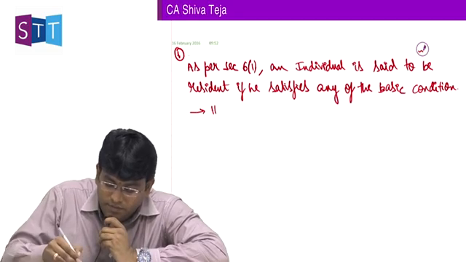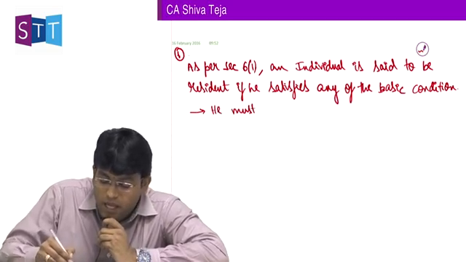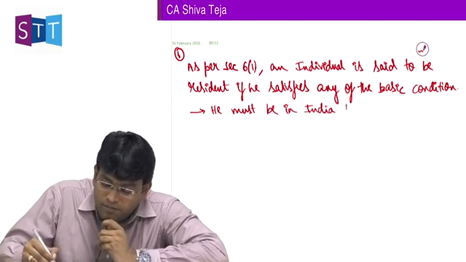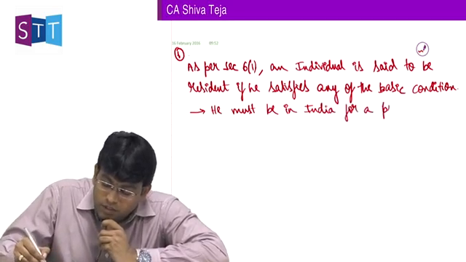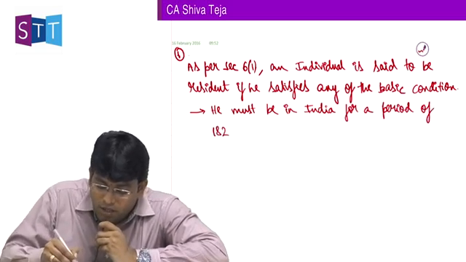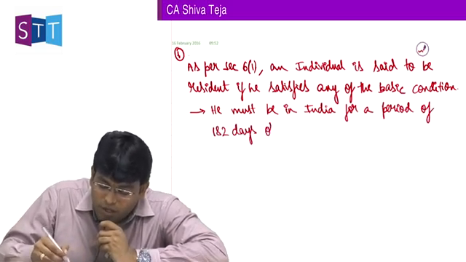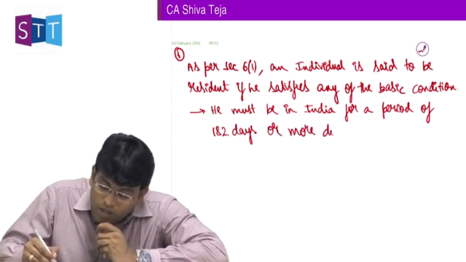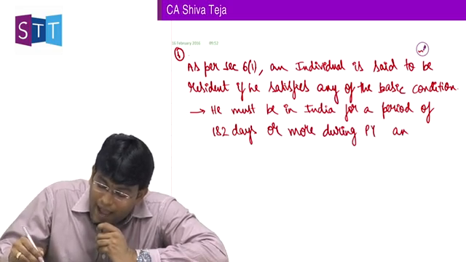First one. Please write down. I am writing along with you. He must be in India for a period of how many days? 182 days or more during previous year. And or